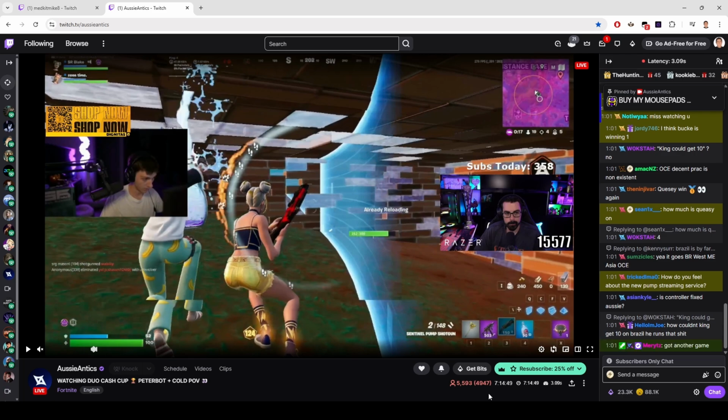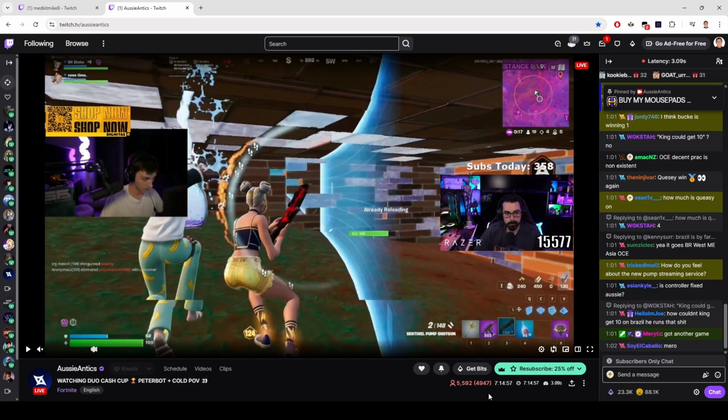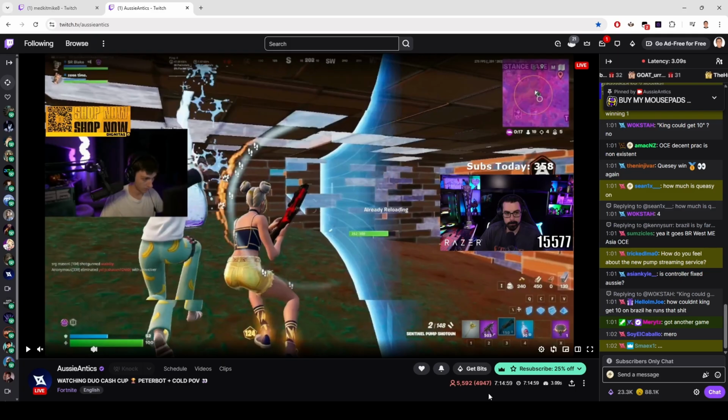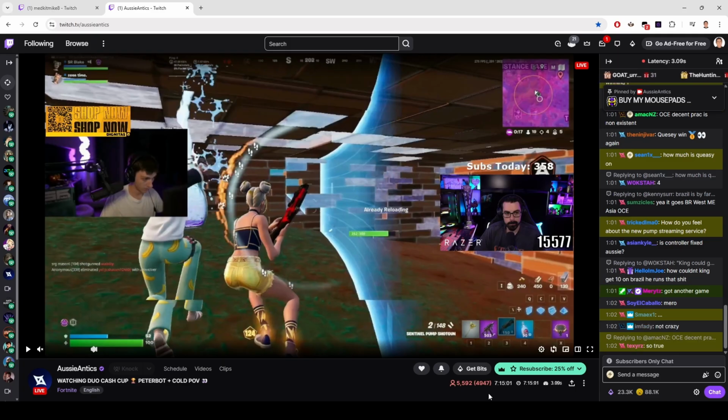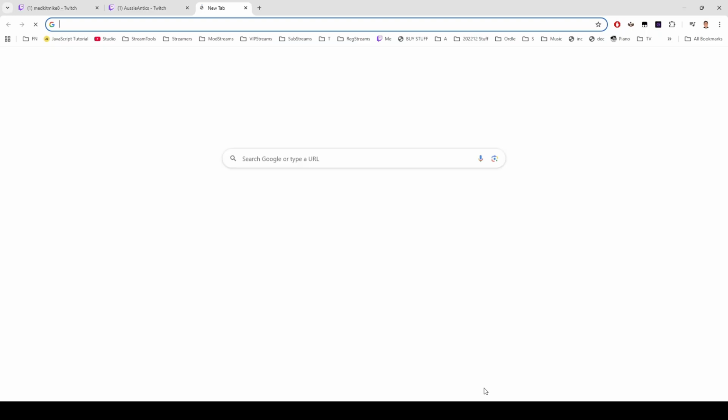watch people on devices that don't have chat open. So if you're on your mobile phone, if you're on your cell phone and you open the Twitch app and you close the chat and just watch the video full screen, then you would count as a viewer with the video, but not as a chatter with the chat number. And then the other place that it counts is if you're on the homepage of Twitch. So if you go to twitch.tv,